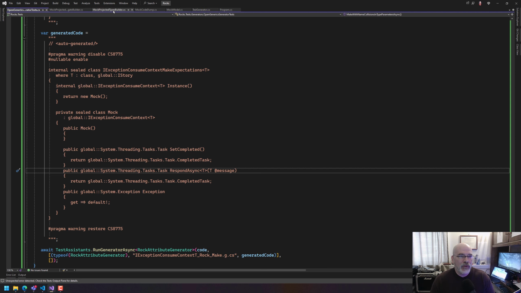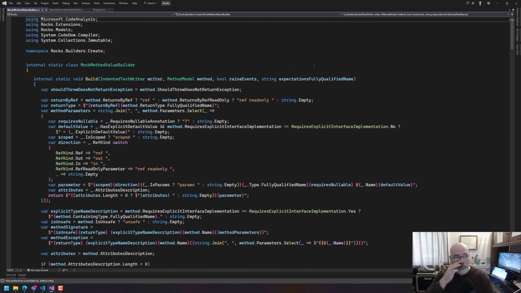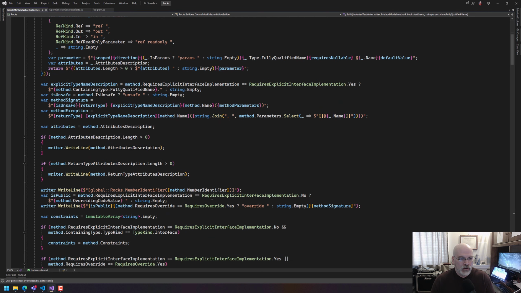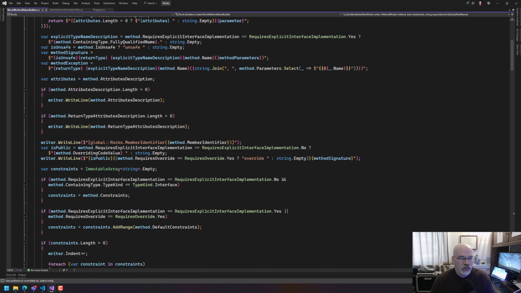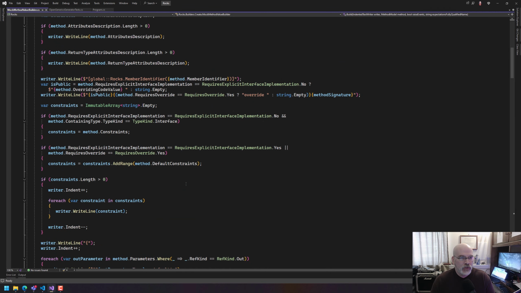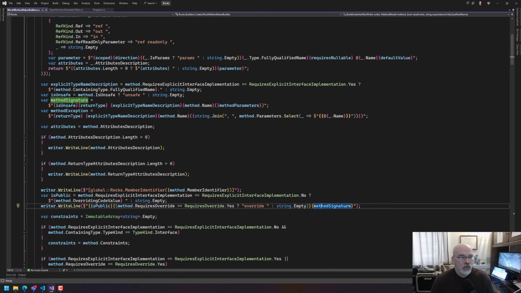Okay, let's stop babbling. Let's close some stuff out here so that we have more cognitive space to work with, so to speak. So let's go look at the value builder. Okay, so when I create the method signature, we say the method name, explicit type name description, method.name. Where are the... Those are the constraints. So where do I actually build? That's the identifier that I write. And then this is the method signature. The method signature,